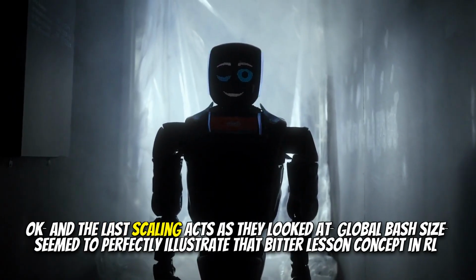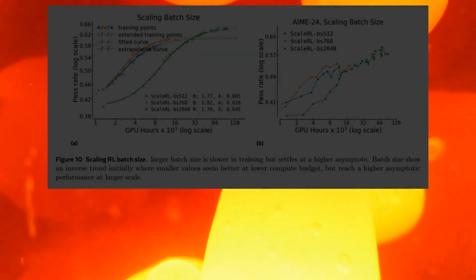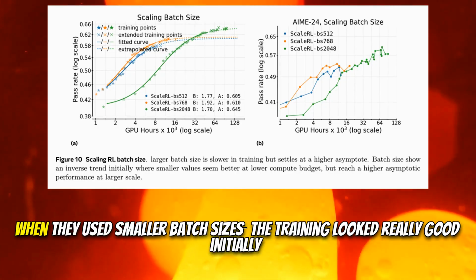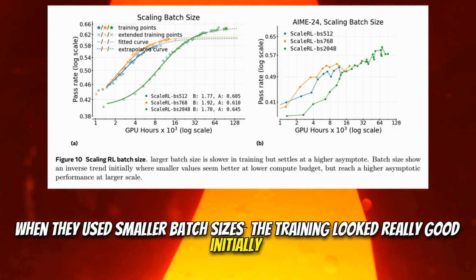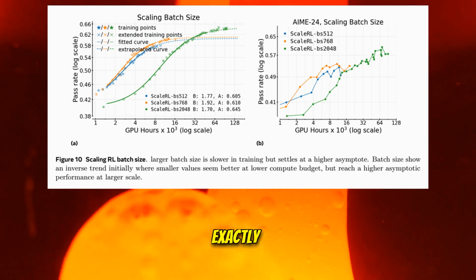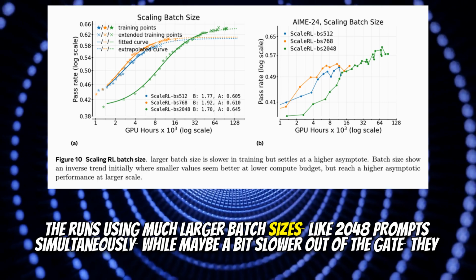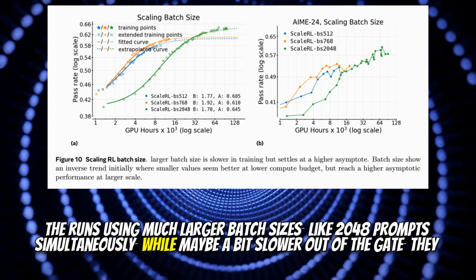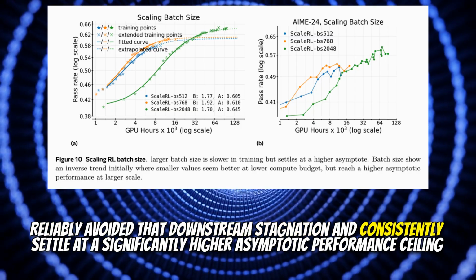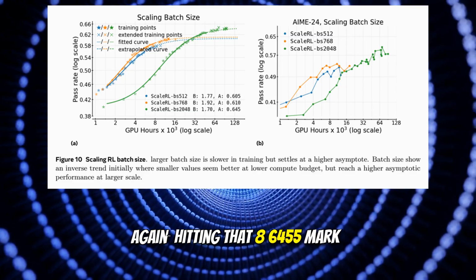Okay, and the last scaling axis they looked at, global batch size, seemed to perfectly illustrate that bitter lesson concept in RL. What happened when they scaled up the number of prompts processed at once? Yeah, this was a classic result confirmed at scale. When they used smaller batch sizes, the training looked really good initially. Very efficient gains, steep curve right at the start. It seemed promising. Faster initial progress. Exactly. But those runs tended to stagnate later on. The runs using much larger batch sizes, like 2048 prompts simultaneously, while maybe a bit slower out of the gate, they reliably avoided that downstream stagnation and consistently settled at a significantly higher asymptotic performance ceiling, again hitting that A of 0.645